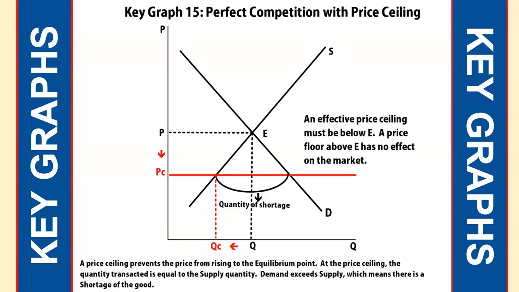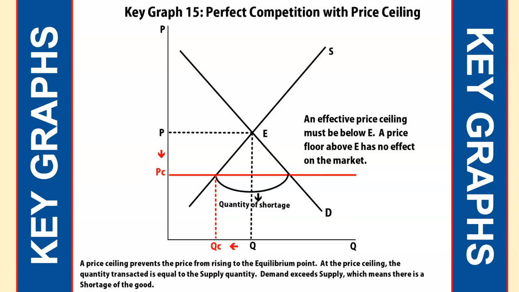And that gives rise to key graph 15, this idea of perfect competition with a price ceiling. Now notice again, in order to be effective or binding, in order for it to take effect, the price ceiling has to be below the equilibrium. Now a price floor would have to be above to have any type of effectiveness, but a price ceiling would need to be below equilibrium in order to do that. So here we have a PC, a price ceiling that is imposed, creating a shortage. The quantity that's actually being supplied is here at QC, and this is essentially the price that it's being sold for. So there is definitely a shortage in this market, an inefficiently low quantity, as we talked about,